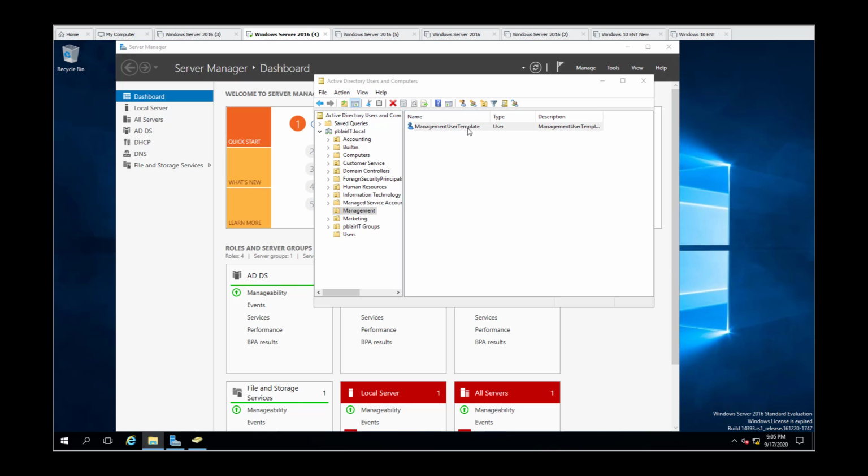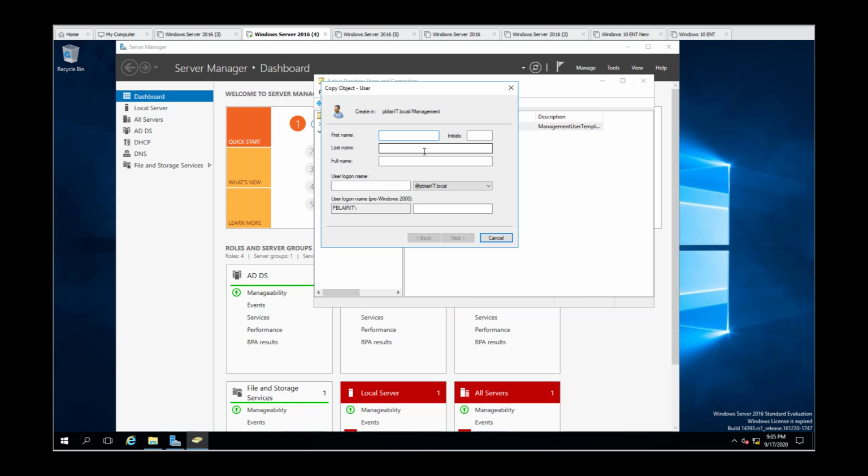So now I'm going to create a user. I'm just going to say copy, and my user is going to be called, and this is just a made-up user, dmirrors. We'll make sure the user changes their password at the next login, just to show you. And we'll give this a generic